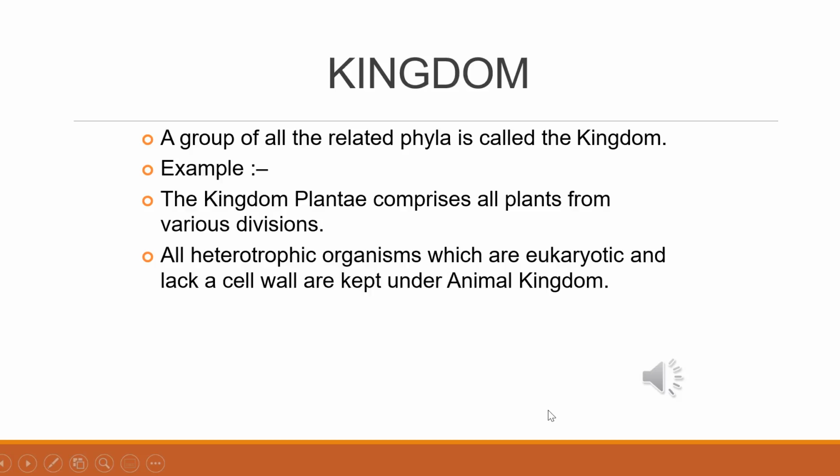The term kingdom was given by Linnaeus in 1751. It is the highest category in taxonomy, where all the organisms included in it share a set of distinguishing characteristics. For example, all plants in the plant kingdom or all animals in the animal kingdom. R.H. Whittaker has recognized 5 kingdoms of organisms: Monera, Protista, Fungi, Plantae, and Animalia. We have studied all these in 9th standard, and in this class we'll study them in detail.